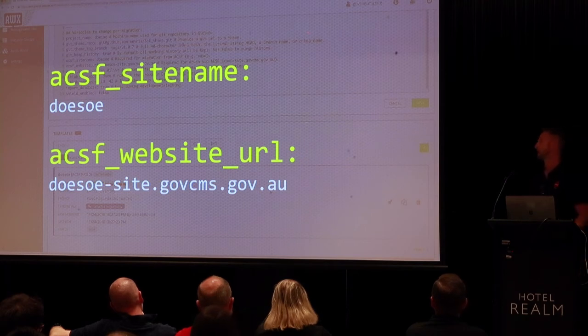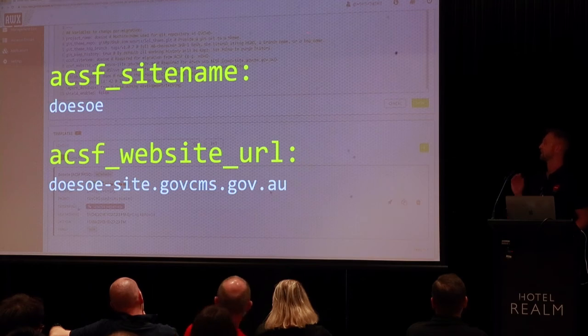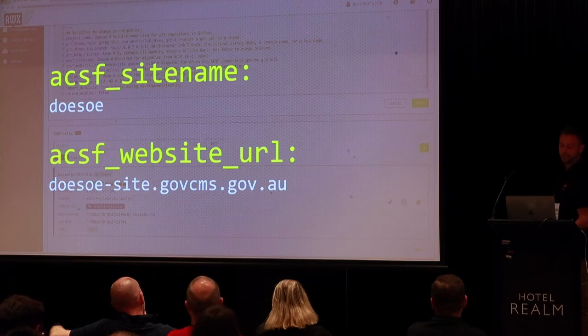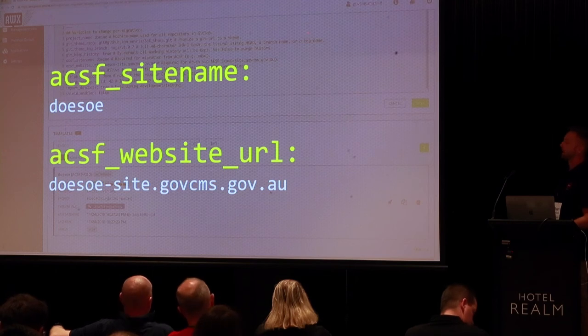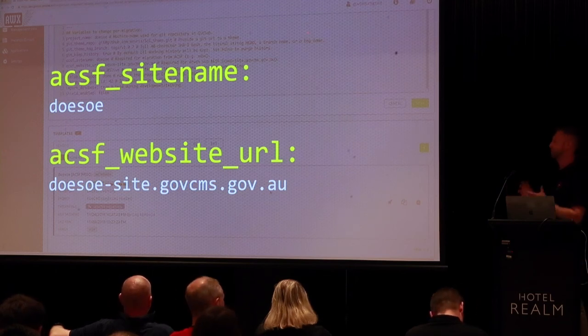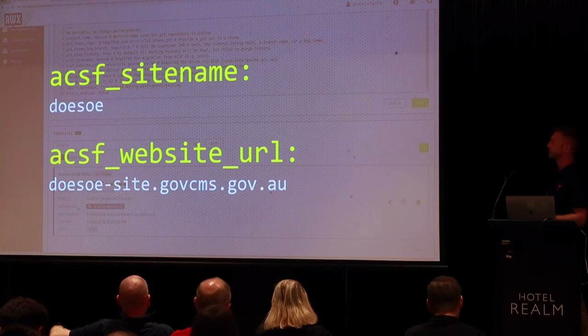Next, we just have a couple of ACSF specific things. The project name on the ACSF side, as well as the internal URL. We use this for a couple of things. We actually do API lookups throughout the migration process. We annotate the migration metadata, and we help piece together pieces of the migration puzzle